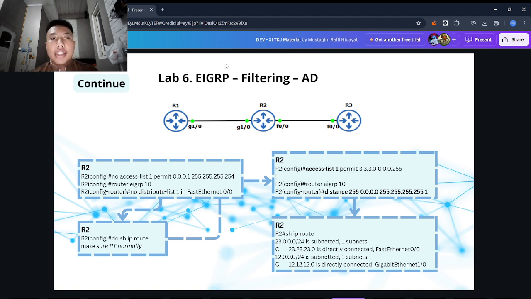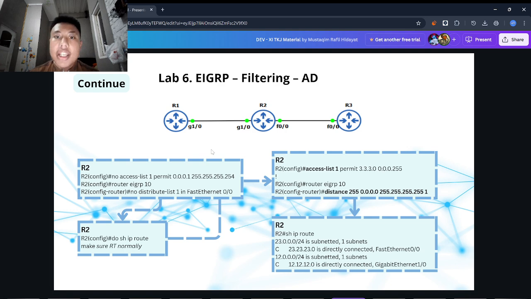If you set the AD high enough, like 250 or 255, the route is effectively ignored and not installed in the routing table. Let me give you an example in this lab. Imagine the requirement: Router 3 should not install Router 1's LAN route into its routing table.